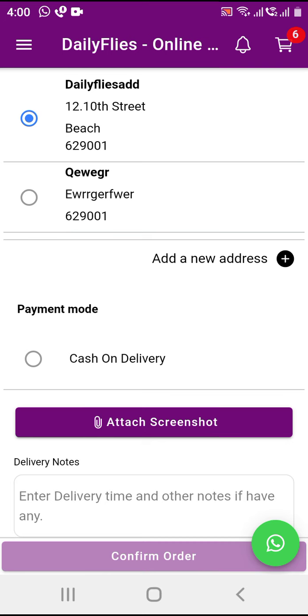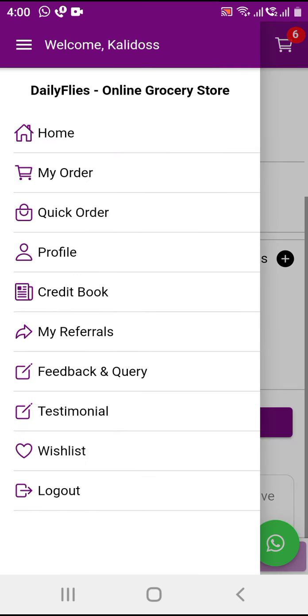Also we have the payment gateway option. We have the tab with Razorpay. You can get the payment directly to your bank using Razorpay. The charges will depend upon your number of volumes. The integrations, everything will be the same. Within that we can do that. So this is a pretty simple app for grocery, and other industries can use it.